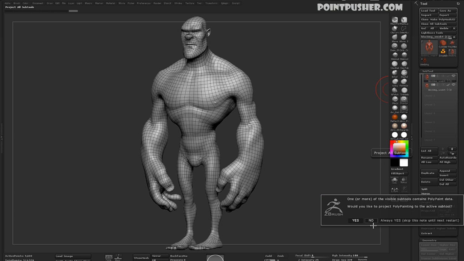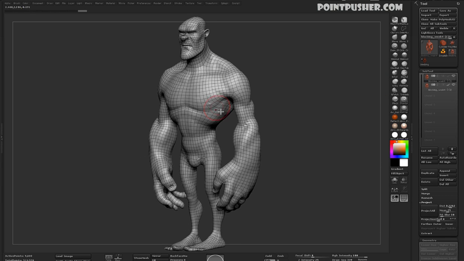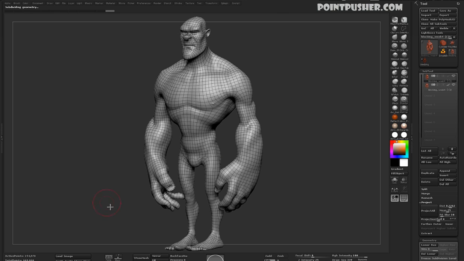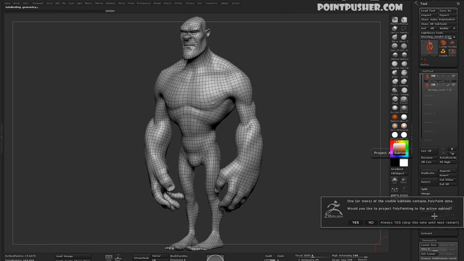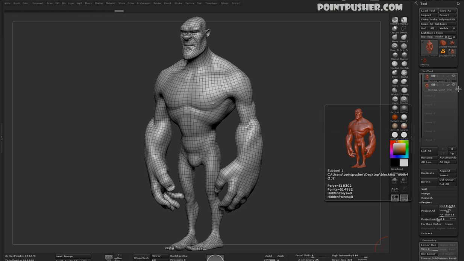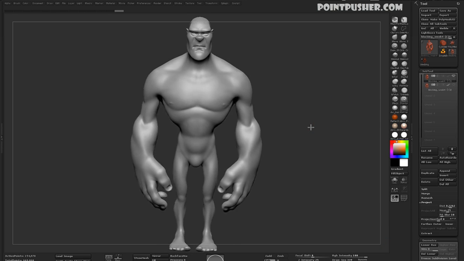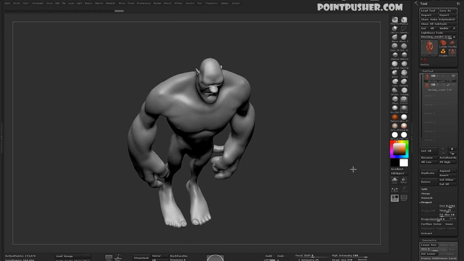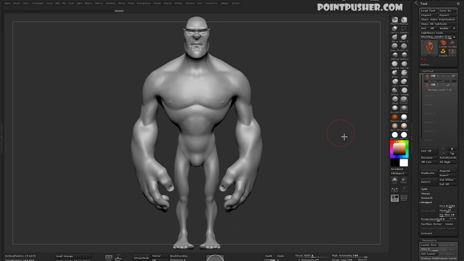And it's going to say, hey, this has poly painting. I'll say no right now, because I just flooded the object with white. That's in the next video. So I'm going to hit Control D, and I'm going to say project all. Again, nope, no poly paint. And then Control D again, so I'm at 154,000 polygons. Project all, no. And you can keep dividing and projecting, and I'm going to hide the old model. Now I've got everything, including the toes that I sculpted in, but I also have the advantage of having good